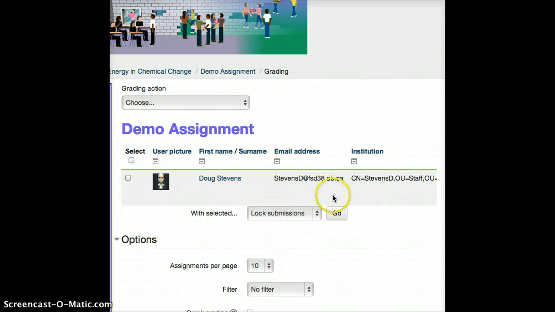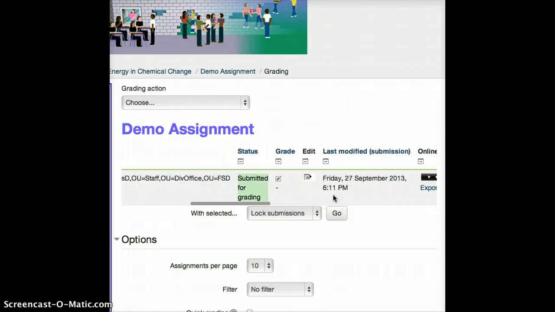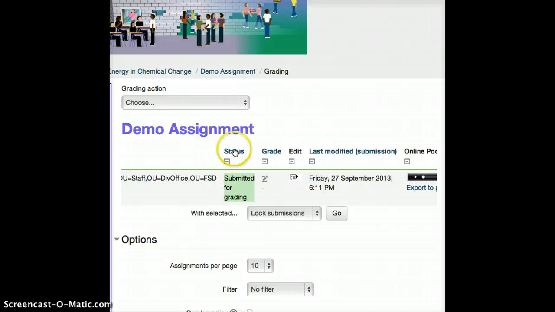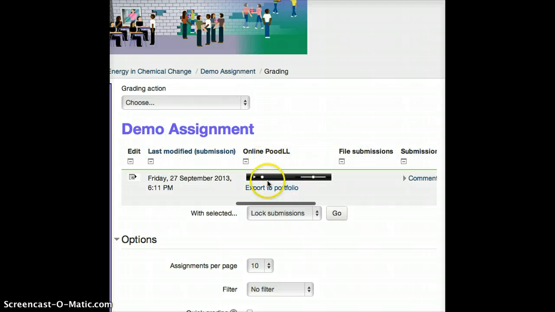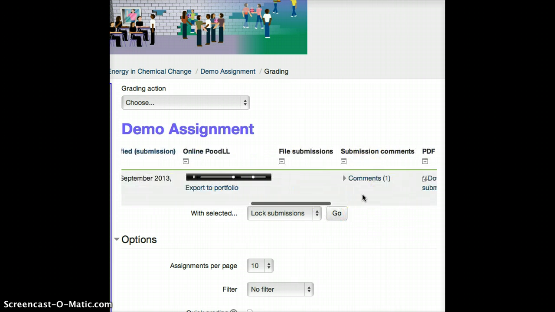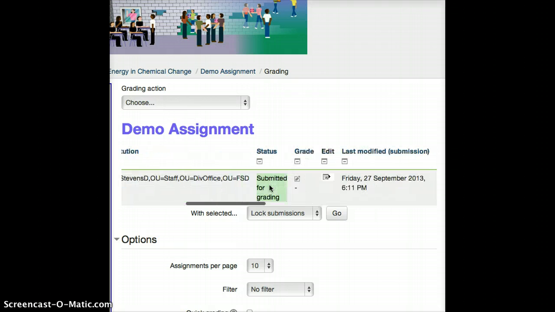But if I scroll over to the right, you'll see my assignment is there. So the status is submitted for grading. You can see that I have things like my online audio, so I can actually play that. Please accept my assignment. I think I did a very good job on it. I can comment, I can download the final submission, but what I'd like to do instead is just under grade, there's a little pen right next to submitted for grading. When I click on that pen,